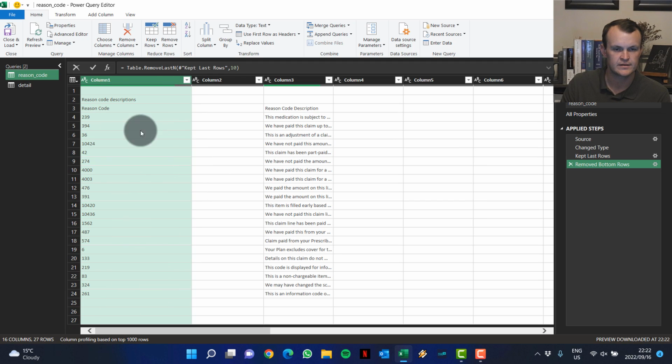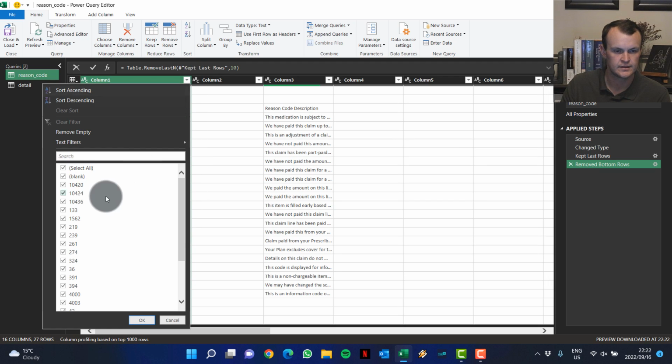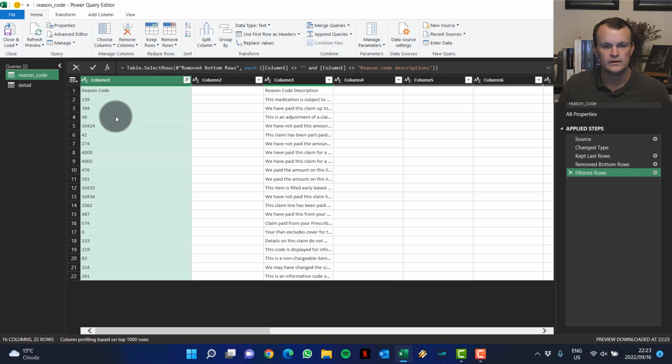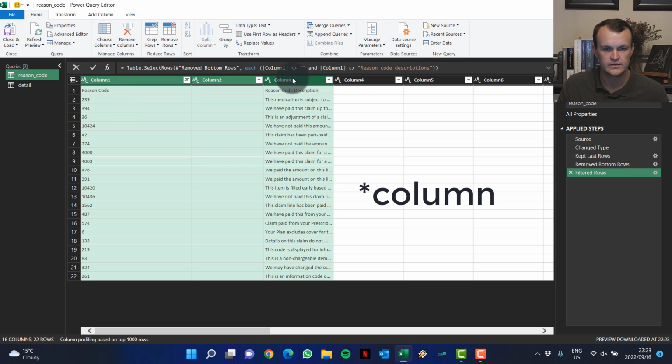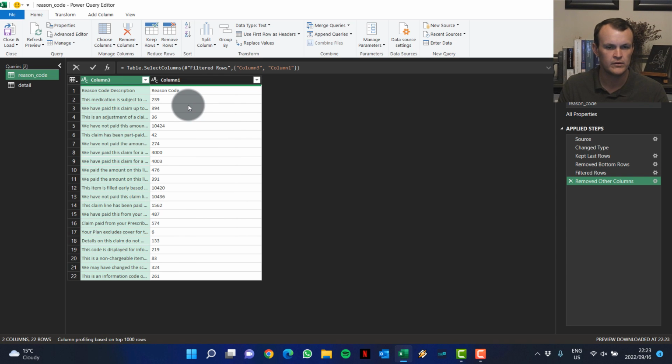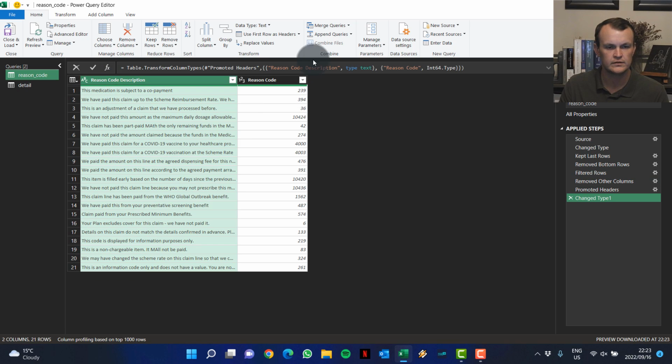Okay, now I've got some blanks, so I can just filter out my blanks, and I can also remove that reason code descriptions heading at the top. And now I just want this row and this row, so I can just control click and right click and say remove all the other columns. Throw away all the other columns, use the first row as headers, and I've got my reason code description and